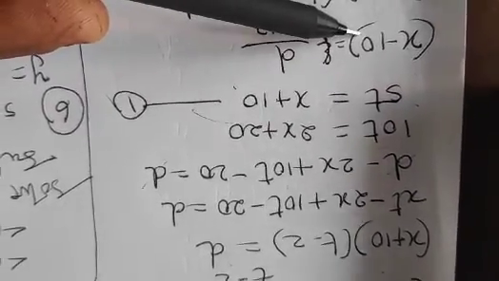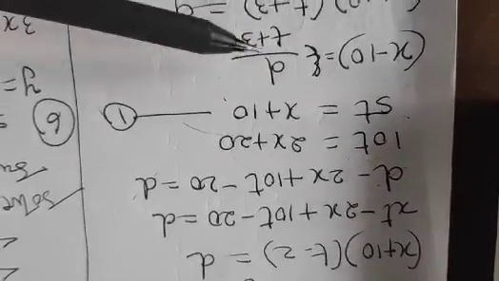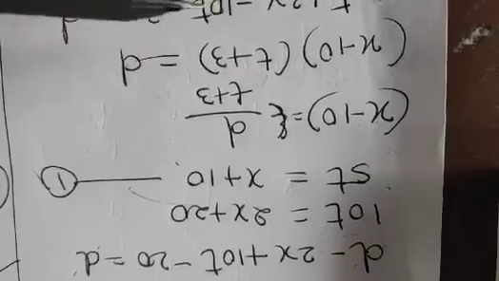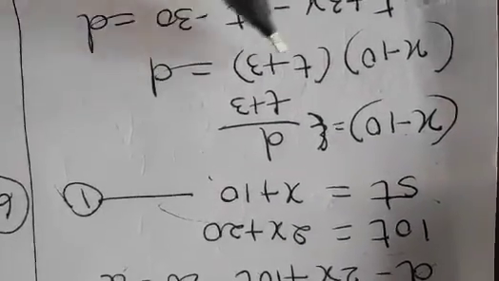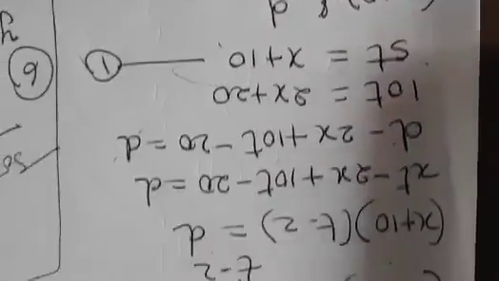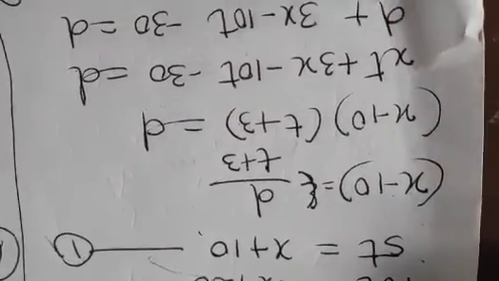Now the second situation given is if the speed of the train reduces by 10 kilometers, यानी अब वो x minus 10 धीरे जा रही है. In that case the time will increase by 3 hours. So speed into time is distance. Multiply. You will get the statement. Open the bracket. xt plus 3x minus 10t minus 30 is d. Now the xt value earlier we had taken how much? d.